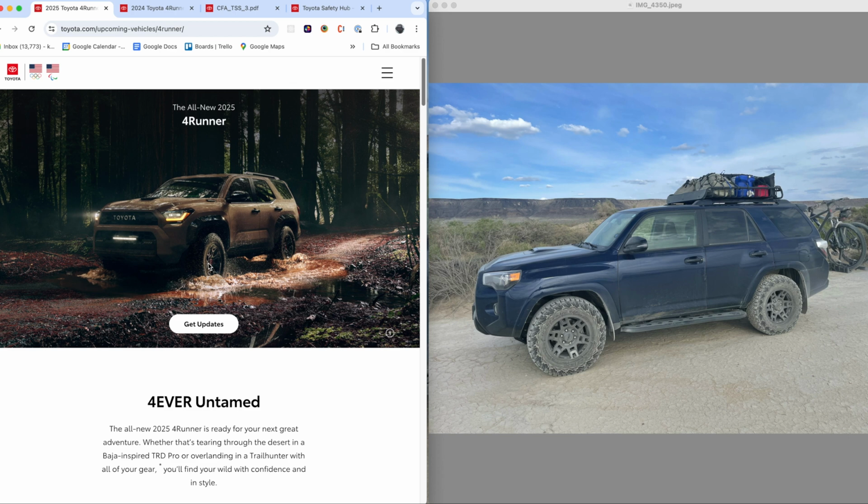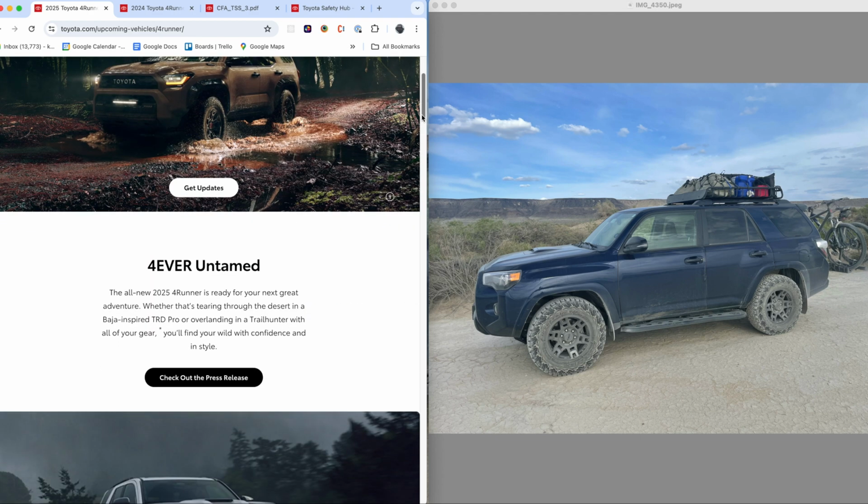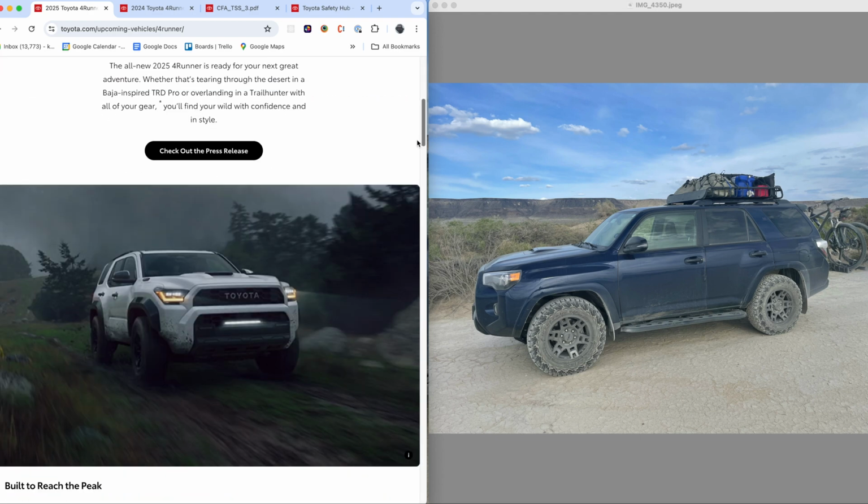So even these look pretty cool, but again, I'm not a huge fan of the black. There's so much black on this already. I think certain colors always look better with alloy than black, but everyone's got different tastes. So